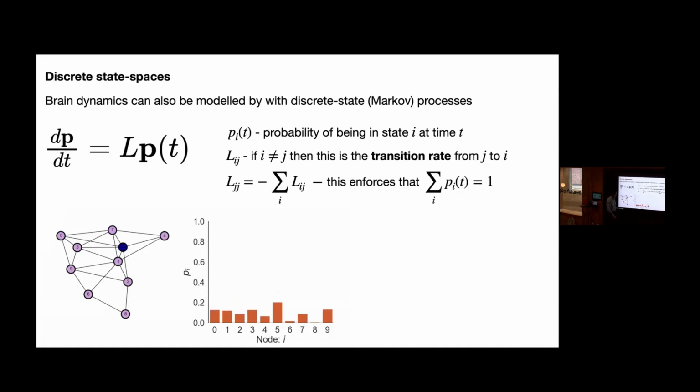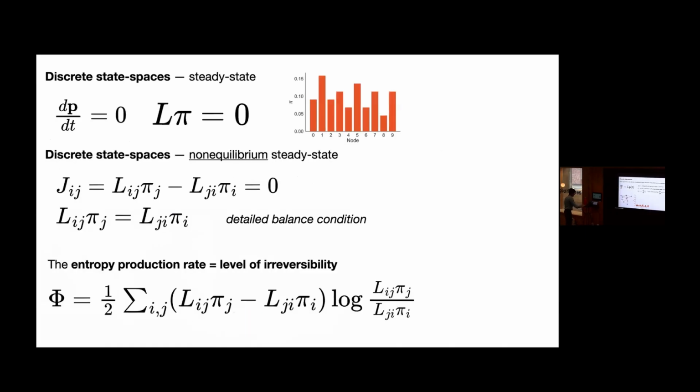And the word rate is a bit vague, but there's basically a slightly more mathematical explanation for what that means. And you can see again, say I'm jumping between these nodes, I have a probability distribution that's eventually going to settle down to something that looks basically constant in time. So again, when is this going to be steady state? When the probability distribution no longer changes in time, which means that when that is zero. That is zero when your steady state distribution solves this very simple equation. And so, for example, this is the steady state distribution for the walk I was just showing you.